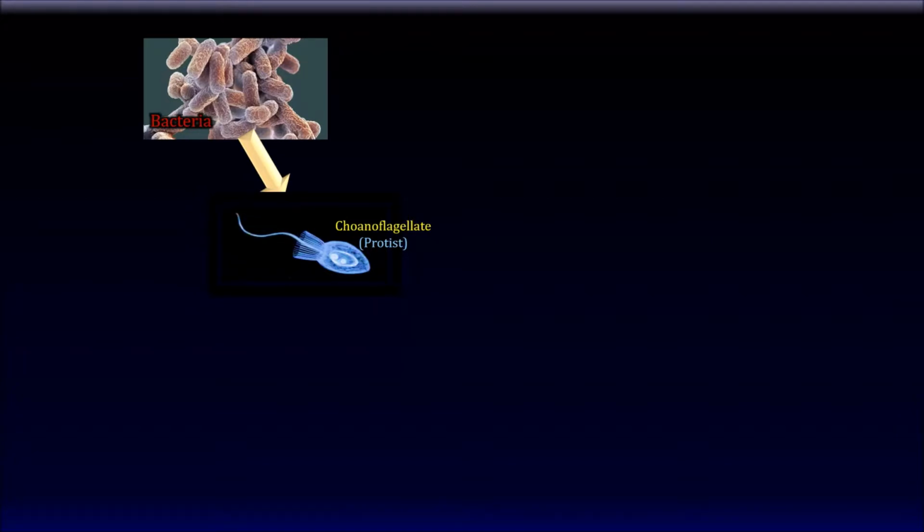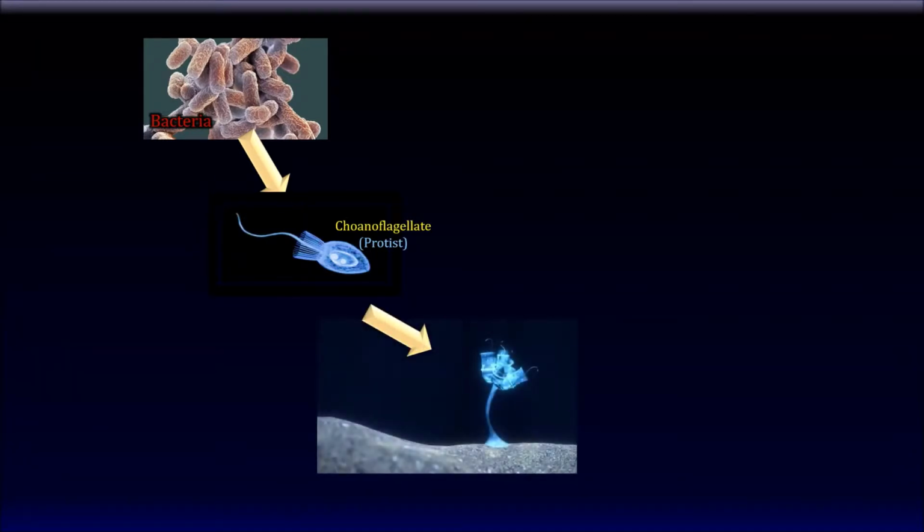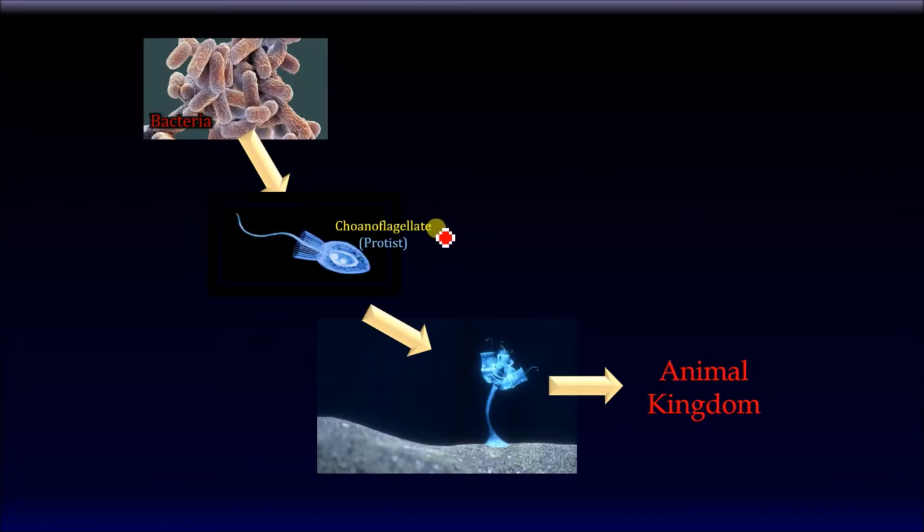There's one particular protist, this one that you see before you, the choanoflagellates, that are thought to be the ancestors of the animal kingdom. Because this particular protist demonstrates an ability to form colonies. In other words, it tends to huddle together like this and make colonies. And these colonies would evolve into the animal kingdom. Thus, this choanoflagellate, this particular protist, is very special because, at least from our current theory, it gave rise to